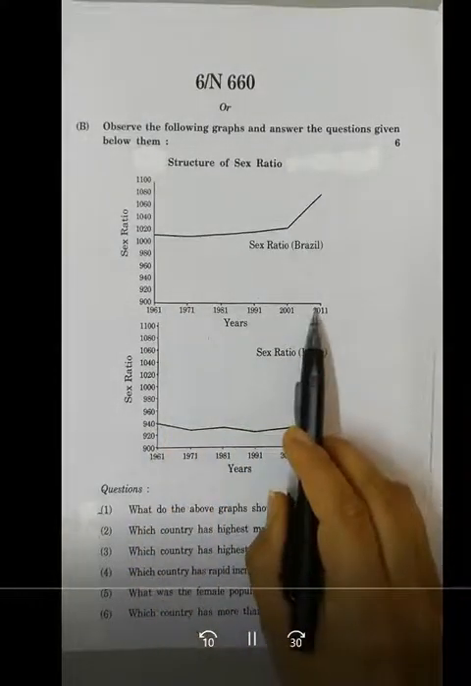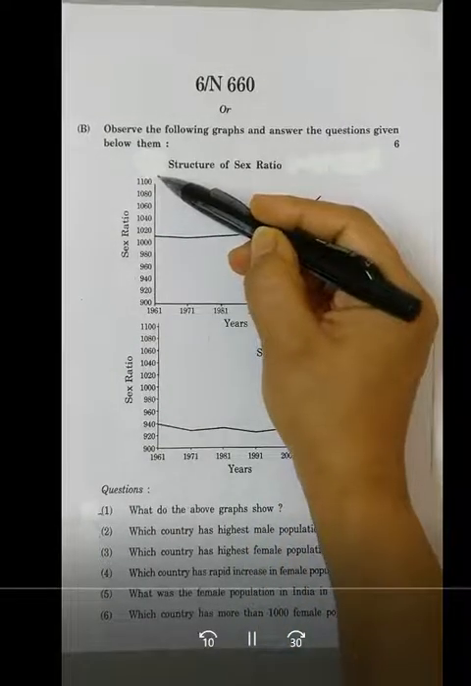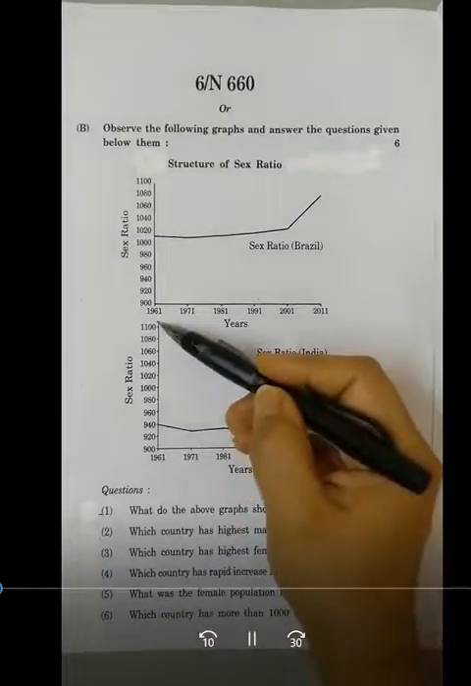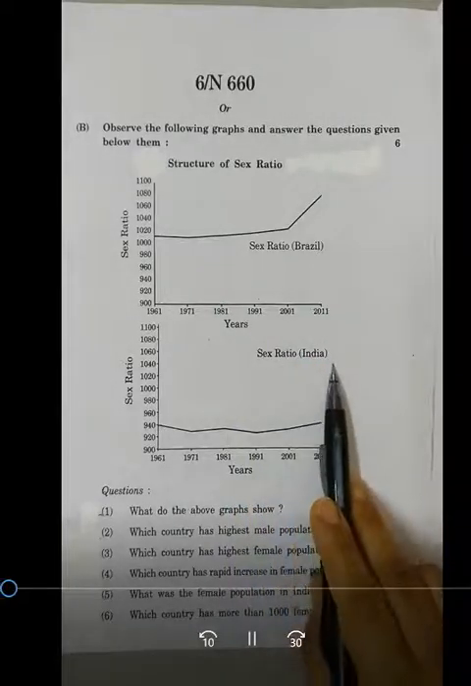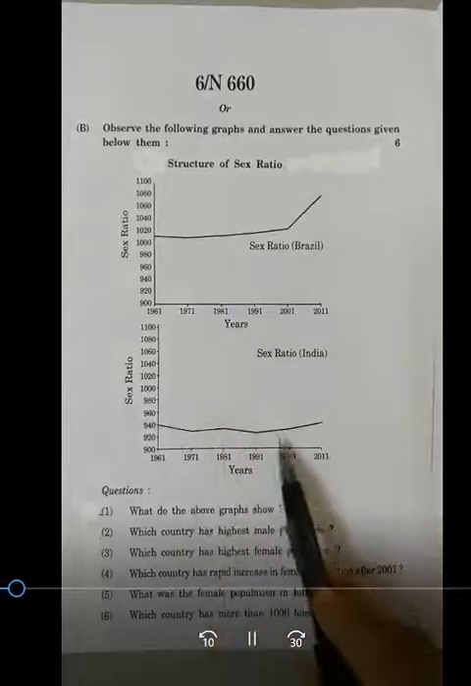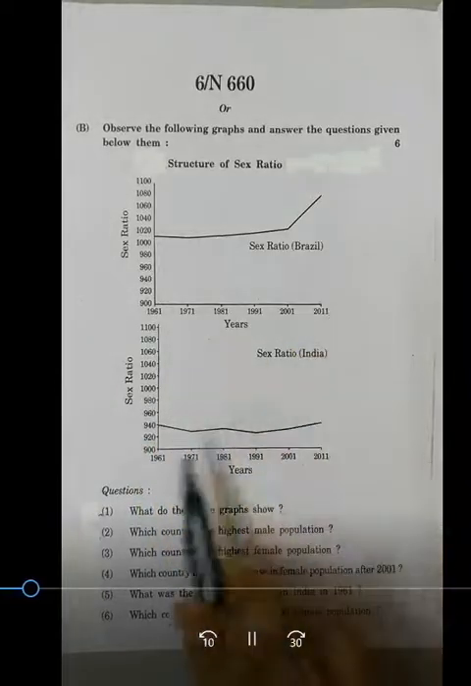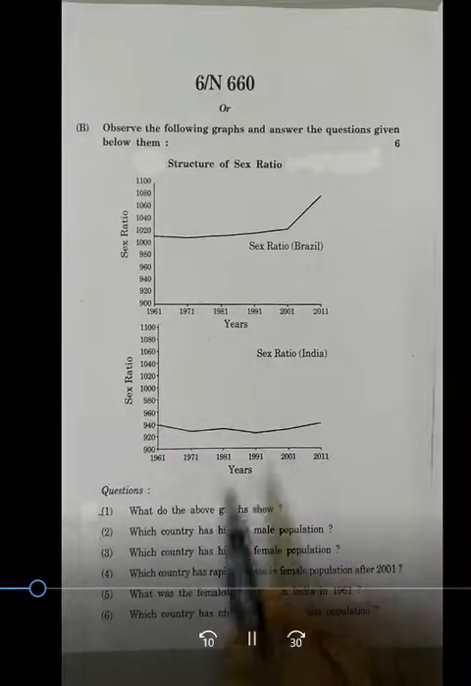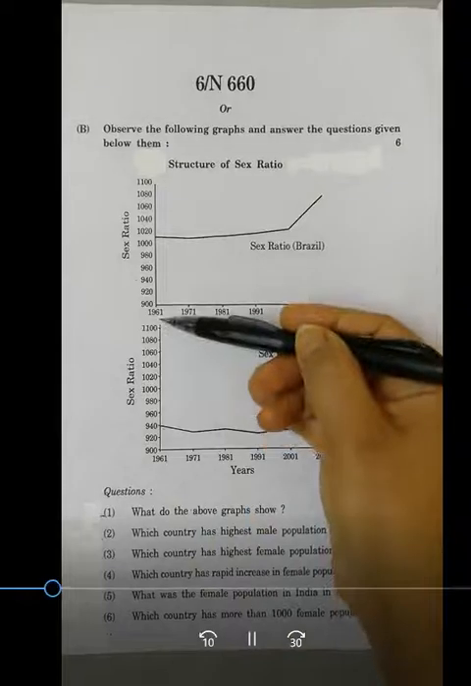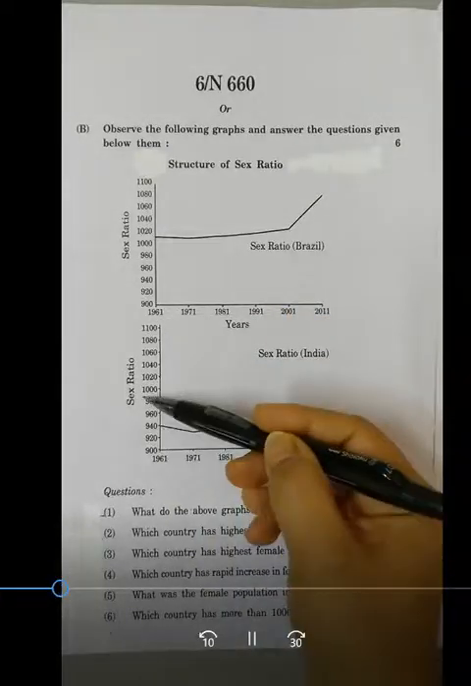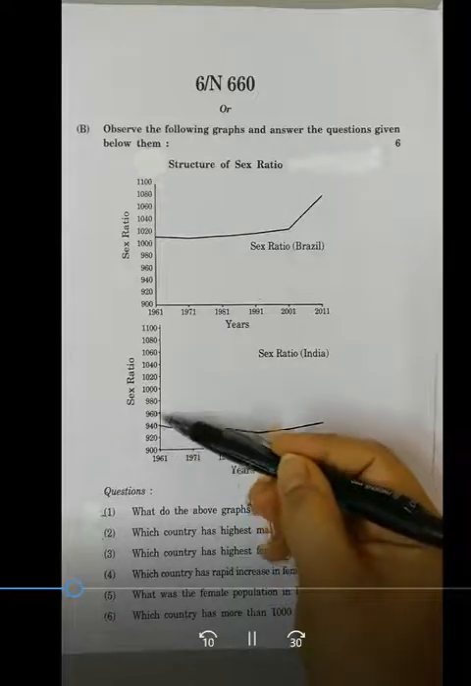Then you can see your x-axis. The horizontal line is the x-axis. Your vertical line is your y-axis. This is the sex ratio of Brazil and this is the sex ratio of India. You can see a single line graph here. The graph is drawn in lines. In your x-axis, you will see years written from 1961 to 2011. And in your y-axis, you will see sex ratio written 900, 920, 940, 960, taking an interval